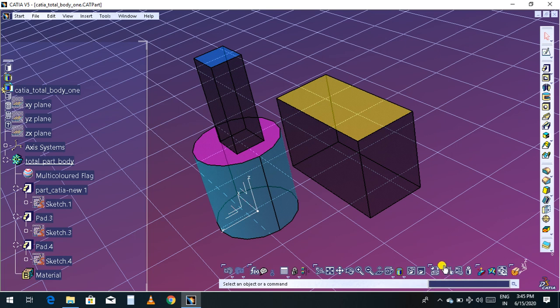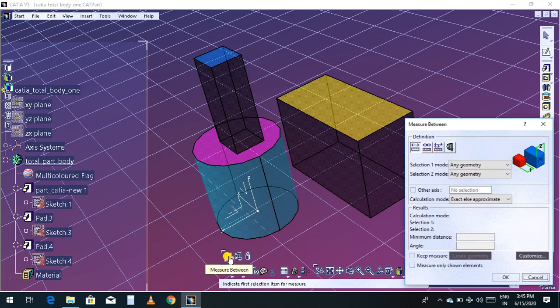Now I'm going to expand it or drag it to this place. So keep it as it is here. Now I'm going to select this measure tool, measure between.